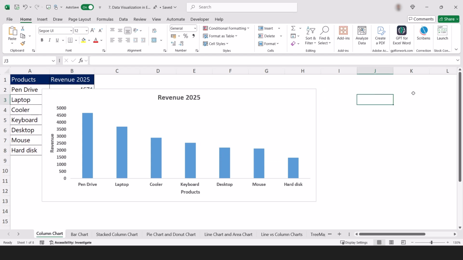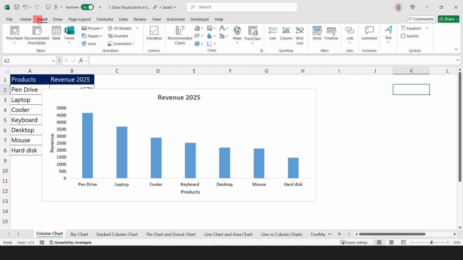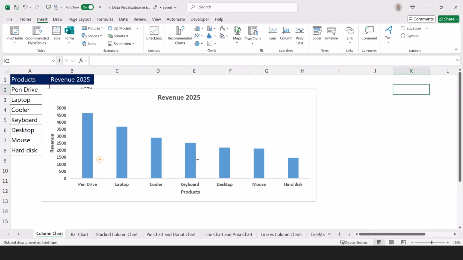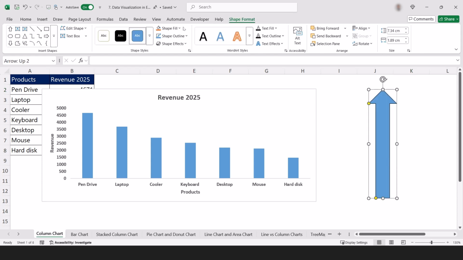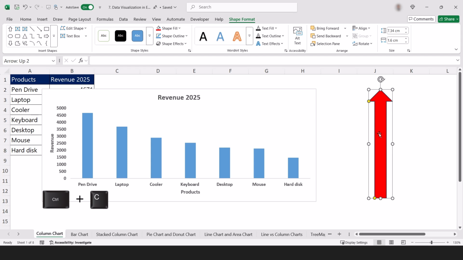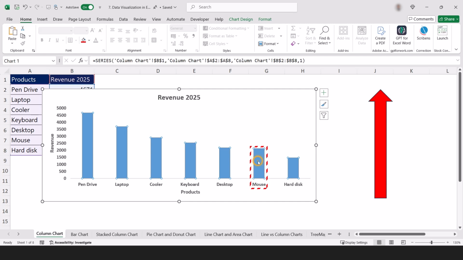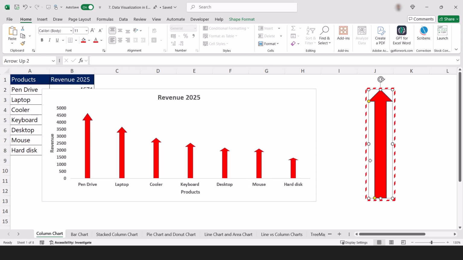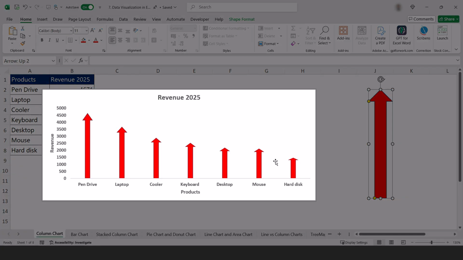What we can do here is, we can click outside in the cell, go to the insert tab, click on the shapes option and draw a simple arrow shape. We can draw a shape over here and we can change the color. We can select this color and now this particular shape we can press Ctrl C. When you select and press Ctrl C, it will copy the shape. Now select the bar and press Ctrl V. Now when you press Ctrl V, the shape is copied and pasted instead of these columns.